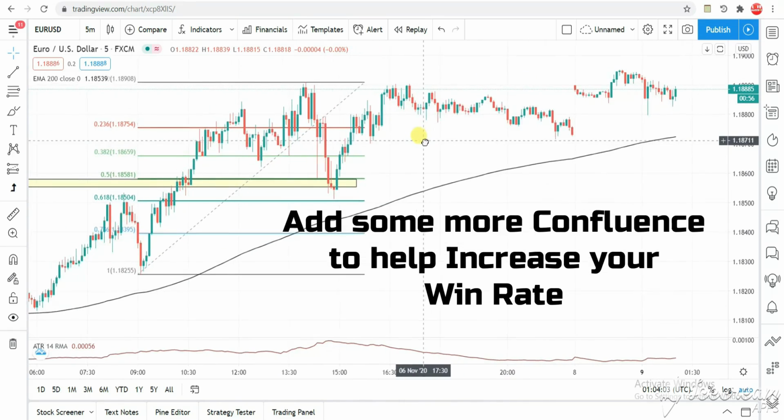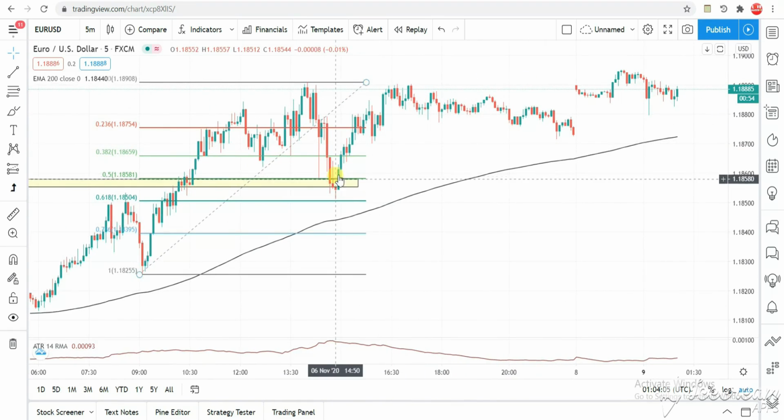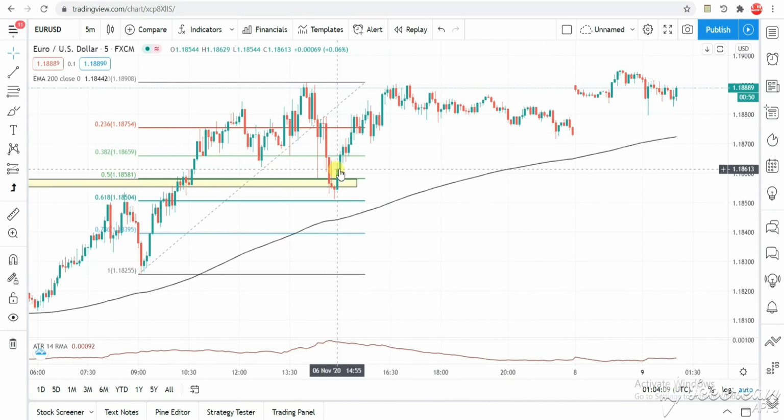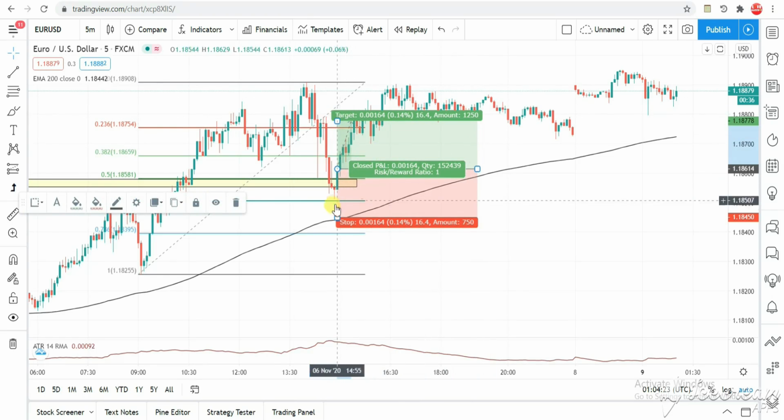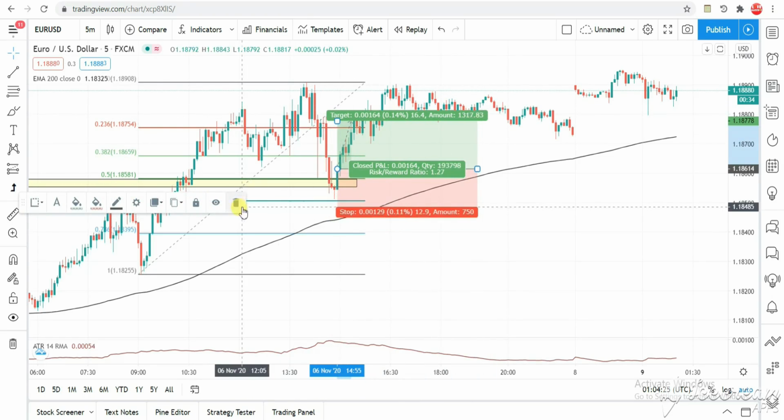What I mean by confluences is you look for an engulfing candlestick like this, guys. Look at this. This is an engulfing candlestick. Beautiful engulfing, guys. And once you see this engulfing candlestick, you just take a trade. Let's go for the position, like for a buy. You can see, take a buy right there, and your stops just below